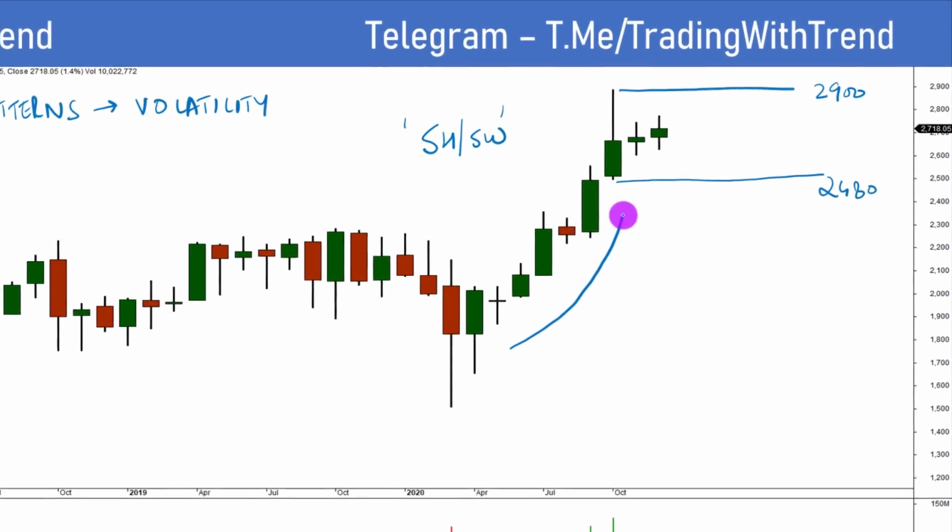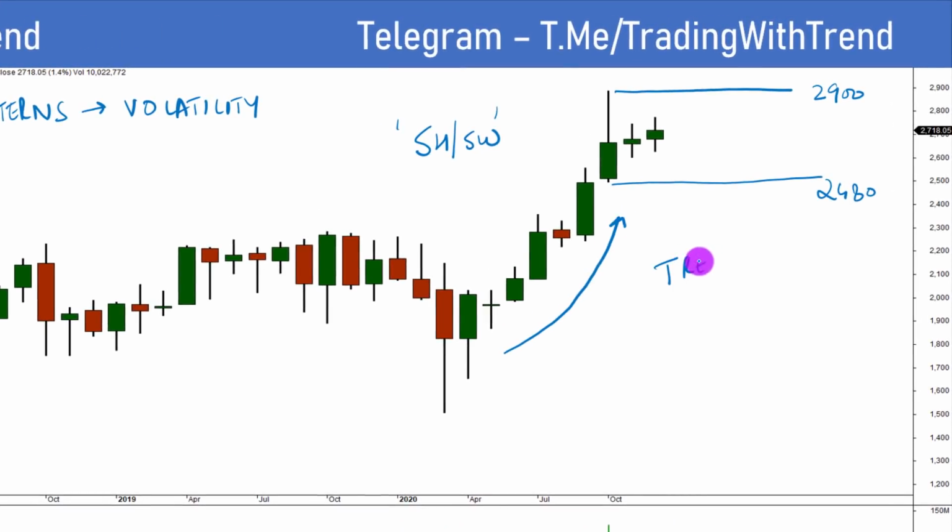The first thing being that trend is clearly on the upside. So I'll just remark trend is up. This is point 1 that I take note of. The second point that I want to look forward to is that this particular wick here between 2620 and 2900, this is a strong resistance level on a monthly time frame chart. Why it is a monthly resistance level? Because price at some point of time rallied higher.